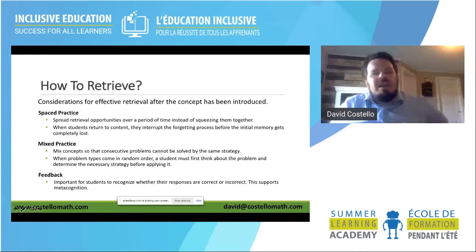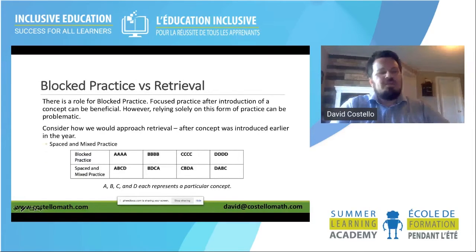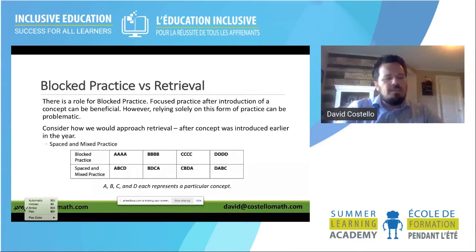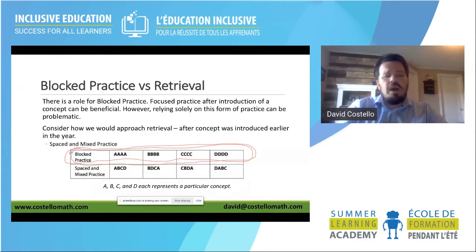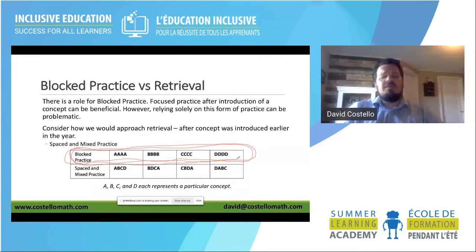So here would be an example. The block practice would be in the first row of this column. And now I do want to pause. There is a place for block practice. When you're introducing a concept or working on a concept, block practice does have its benefits. What I am suggesting is mixed practice or mixed review, after the concept has been introduced in the year,